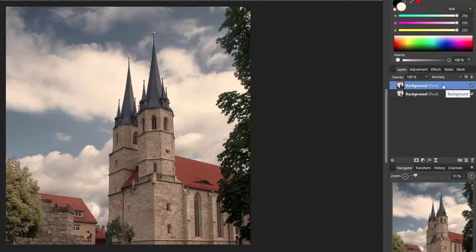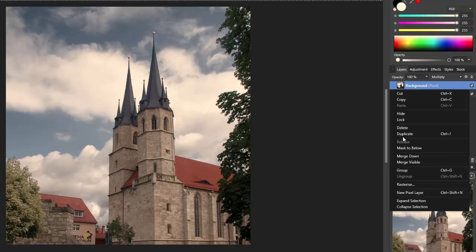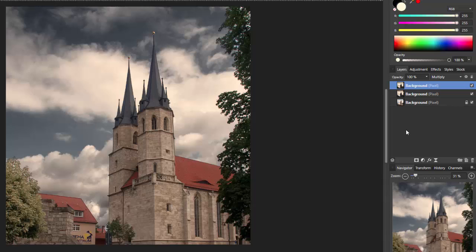Now you can duplicate this particular layer again, so you can just right click on this and click duplicate, or do Ctrl and J, and that will make the sky darker still. Depending on how much darker you want the sky to be, you can do this 2-3 times. The thing you have to be careful of here is the more you do it, the more obvious an outline, especially around the tree here and other places like the roof of the building, it's starting to get a thicker black line where the join of the layers is starting to show through. So I'm only going to have 2 of these layers,